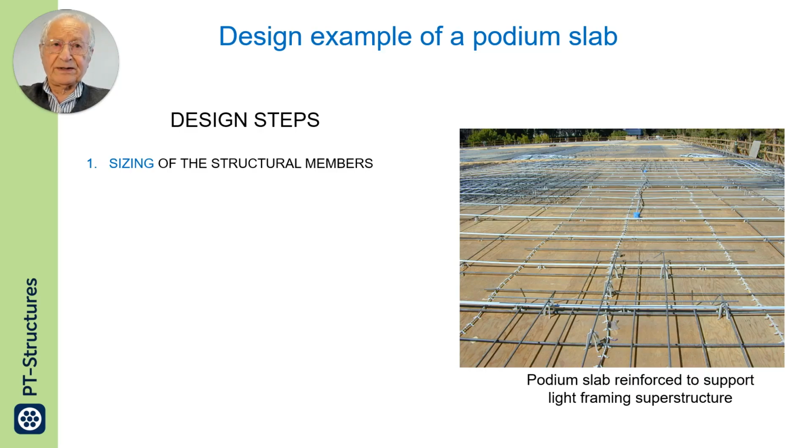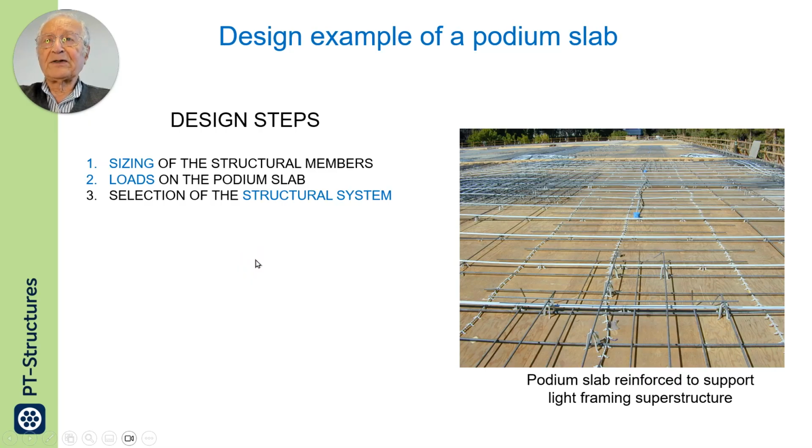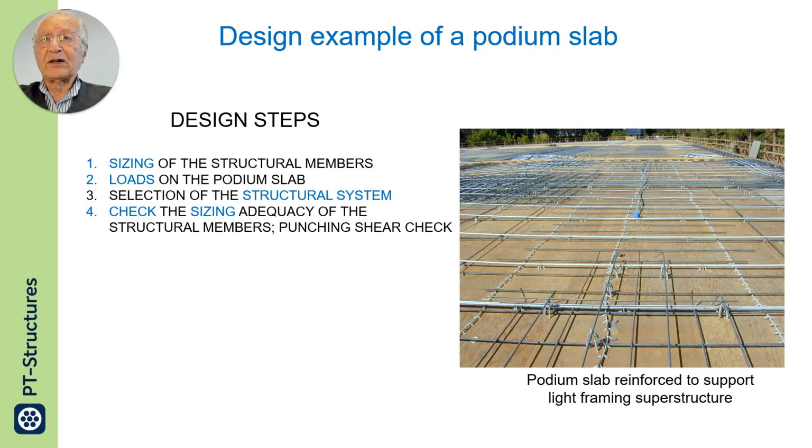Now, going to the design, the first step is size of the structural members. By that I mean what should be the column size, what should be the slab thickness, what should be the span, and so on. Next, two, we define the load on the podium slab. And third, we select the structural system. I will go through this in detail, what I mean by structural system. I really mean whether it's a two-way system or a one-way system. I will go through that